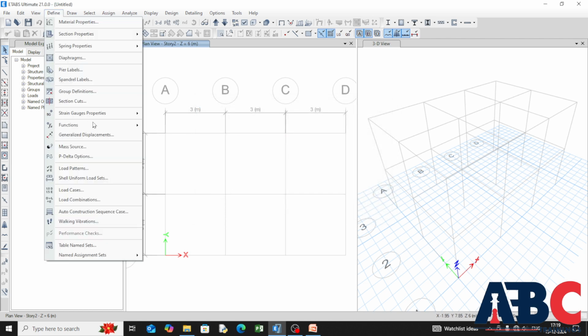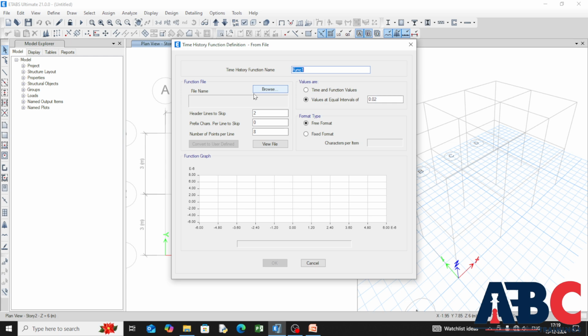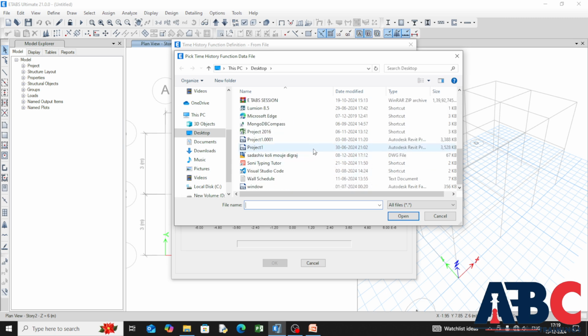And define function, now I'm going to define its time history. From file, add new. I'm going to browse the file. To know how to add time history, you can check my previous video, where I have mentioned how to add time history from file. The file is taken from postcos.in. There is a response spectrum